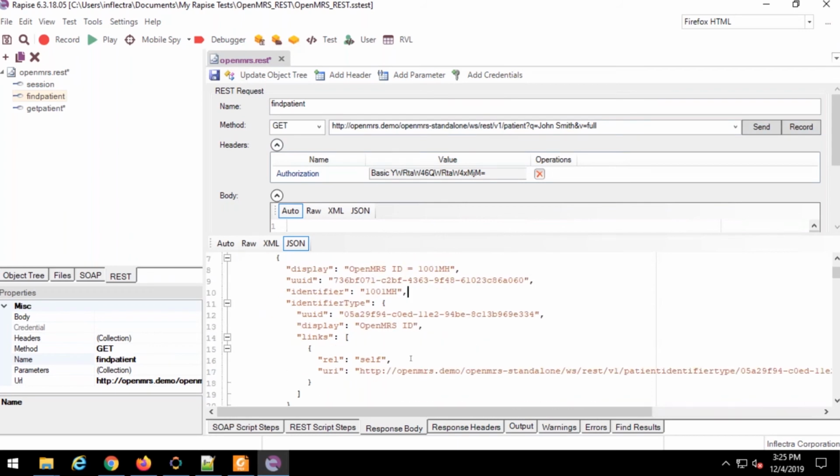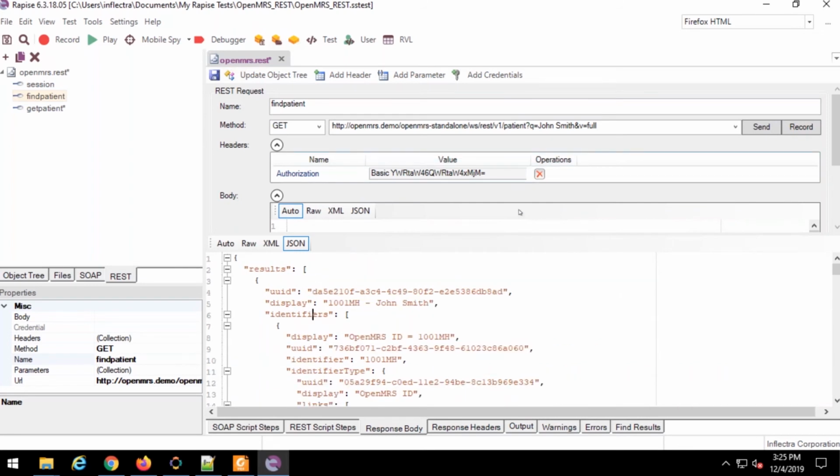So, and I get the same full result for all found patients. Now, I have John Smith hard-coded here. It's not good. Definitely, I want to have it as a parameter because John Smith is likely to be in the system, any name you say, it's likely that the system may have such a name. So let me better make it a parameter so the test decides what name to search for, depending on some other